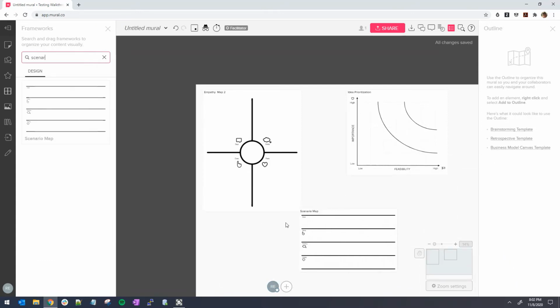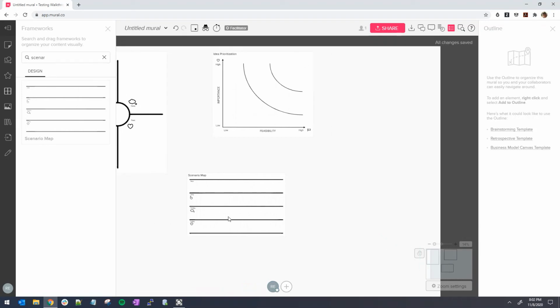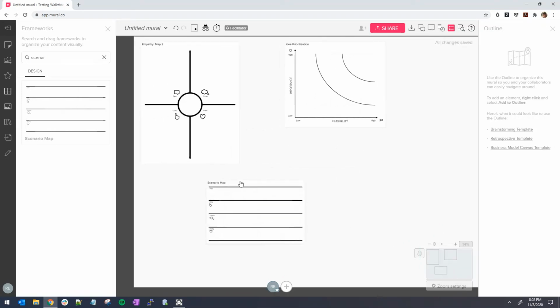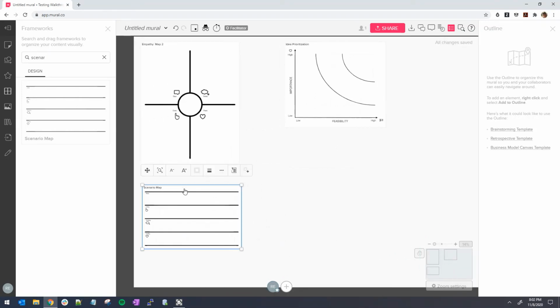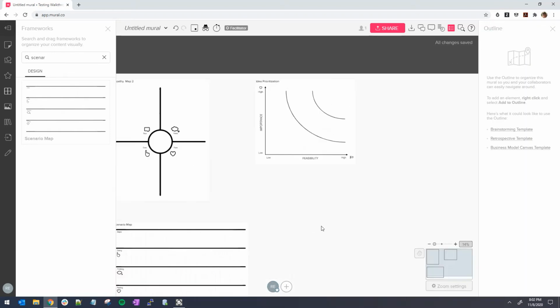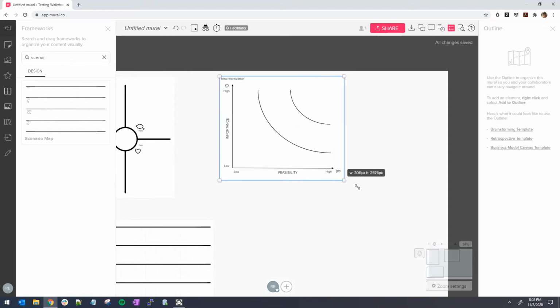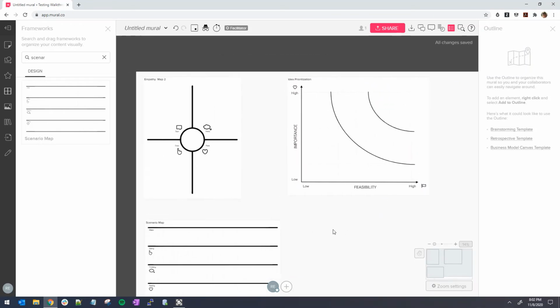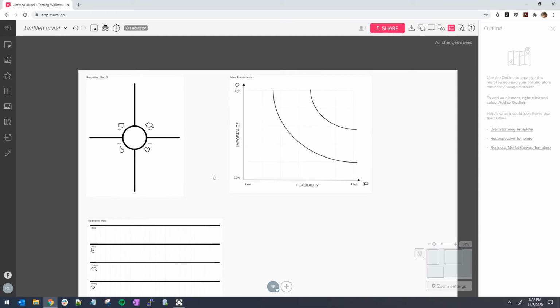Okay, cool. Now it starts to get a little sketchy, because people can get scattered all over the mural. What I want to demonstrate is how this works with the outline now that we have a couple of activities.